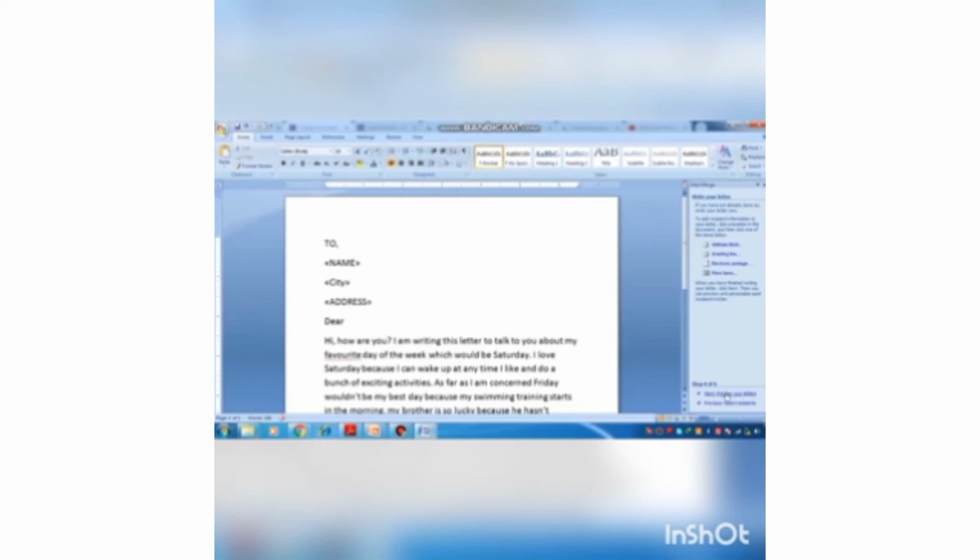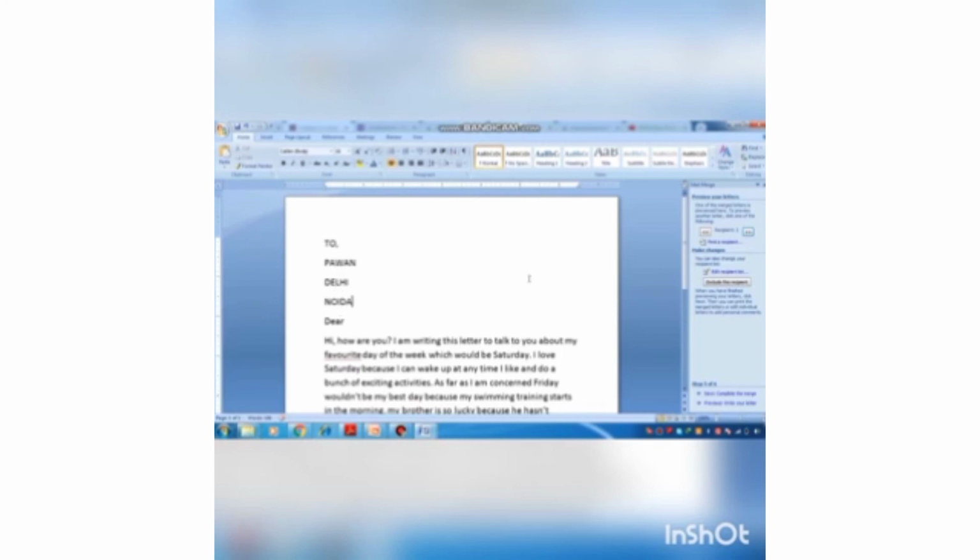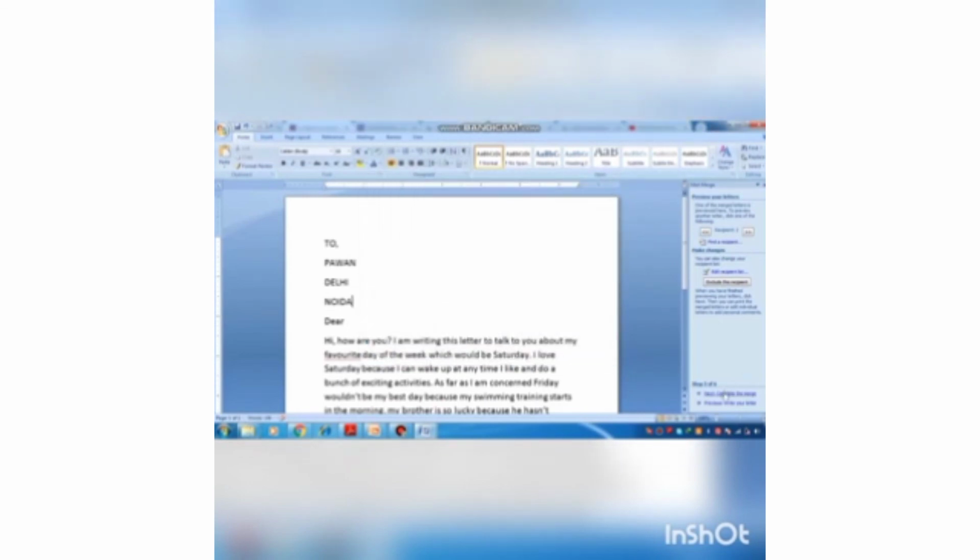Now I can see the preview of my letter, and by just clicking on this arrow we can see the next one, Pavan. It shows the address of Pavan, and the third one is Pooja. If we want to edit the recipient list, we can edit from here too. Then we can complete the merge or write your letter. We can also see the preview of our letter. Students, that's all about mail merge.